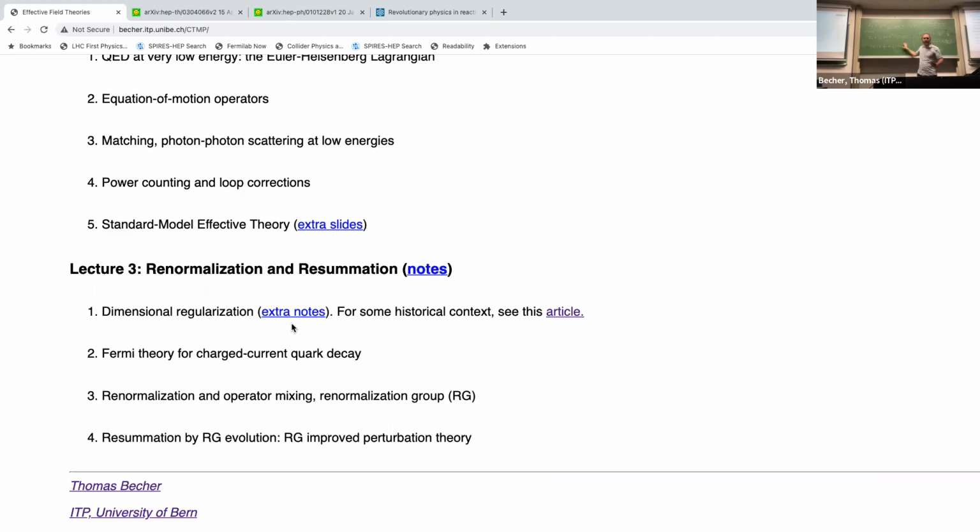The order epsilon you can usually neglect, because at the end of the day, you're interested in this limit epsilon to 0. So what we'll do, compute, have the divergence, remove it into the coupling, and take the limit epsilon to 0, and then finite pieces will remain. In some sense, the finite pieces are the most important thing. This is what will have the physics. But even from the divergent part, this generates this log. And these logs are interesting. These are logs which we will later resum. And a crucial element is that the divergence always comes together with the log. So if you know the divergence, you know the log, and vice versa.